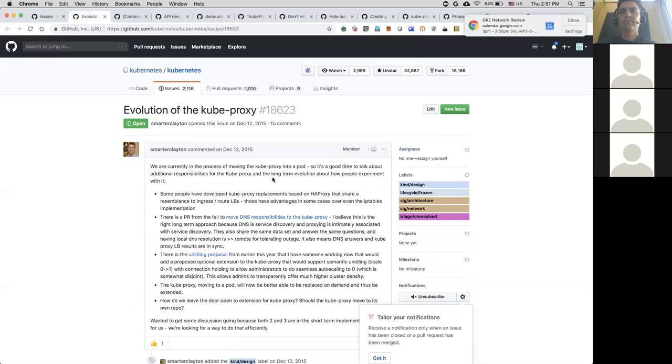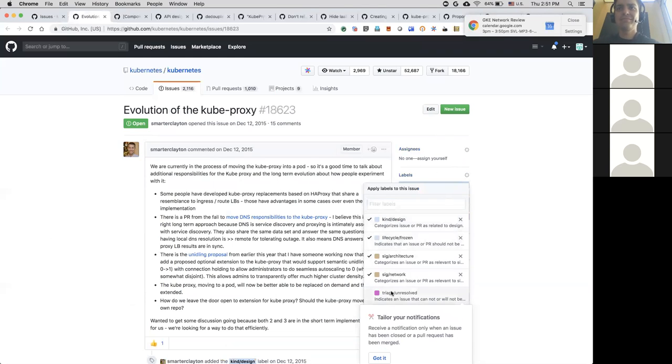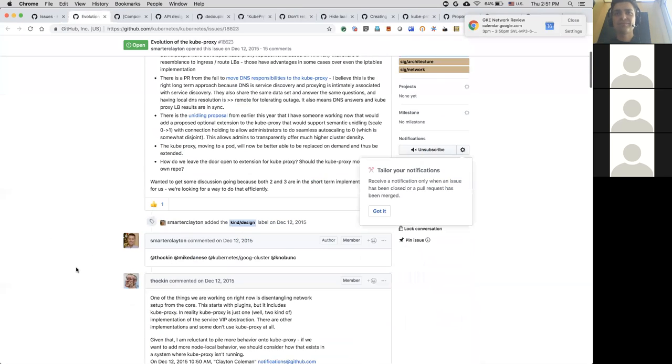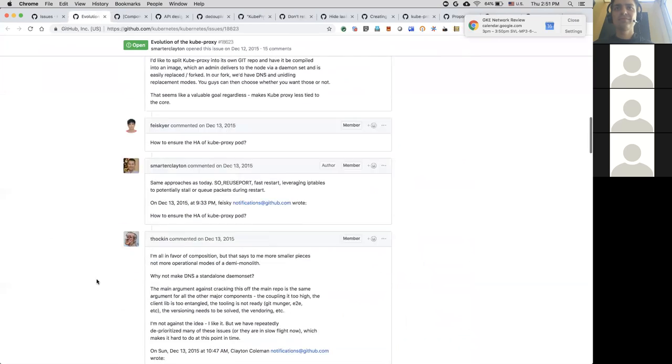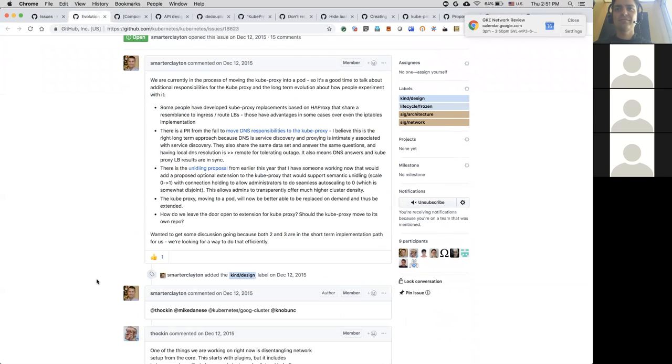Next one. Evolution of 2015. Oh, boy. I don't know if these are... What is the ask on this one? Let's see. What did Clayton say? Kubeproxy is moving to its own repo. It is already a pod. Ignore the unidling stuff.